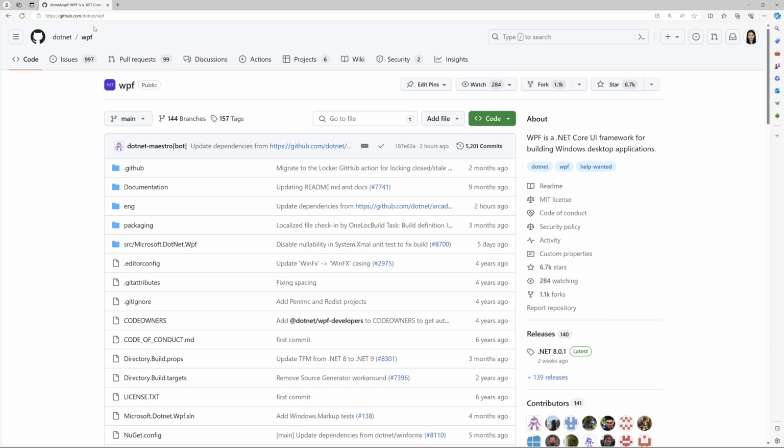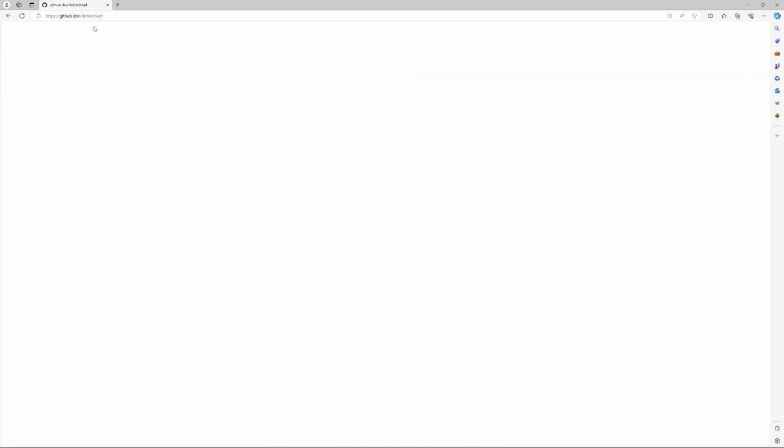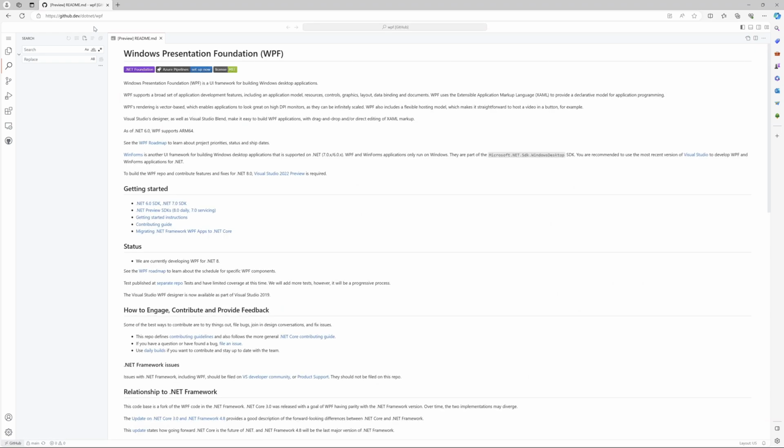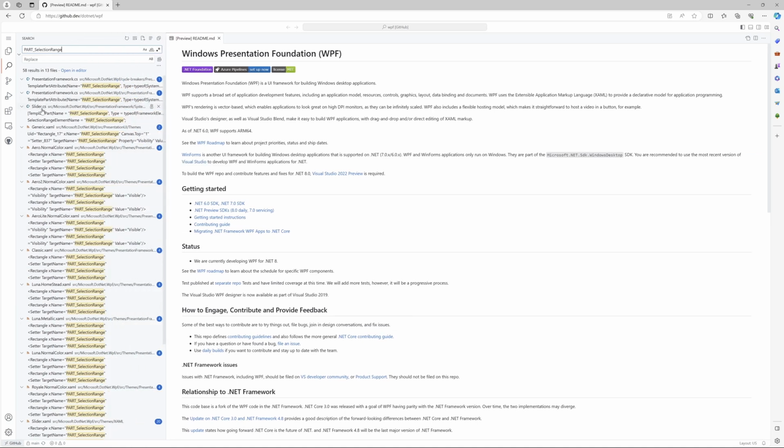Then how do we quickly find the part we want? We can press the dot key on the keyboard, and it will automatically switch to Visual Studio Code mode. In this way, we don't need to use a Git clone and can still view the code very conveniently. Here we click the search bar on the left and enter the content we want to search for. Let's give it a try. Okay, PartSelectionRange is used in many places, and what we need here is in the Slider class. Okay, it's here.